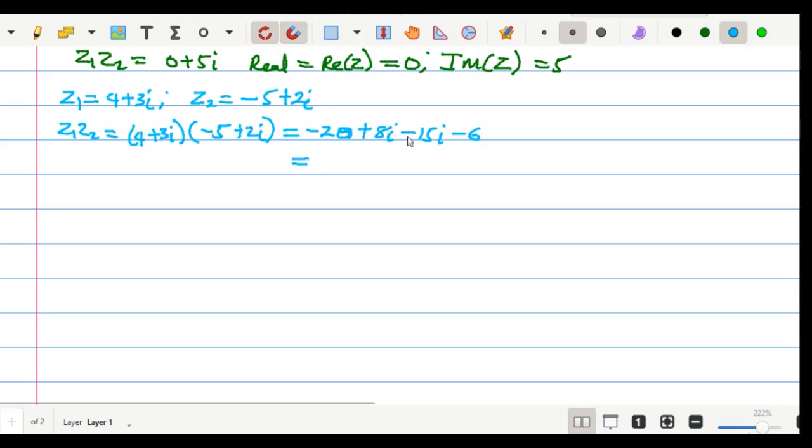So minus 20 minus 6, you have minus 26. Then 8i minus 15i, you have minus 13i. So this is your z1 multiplying z2. So very quickly we'll go into